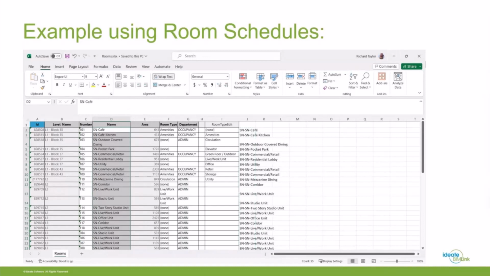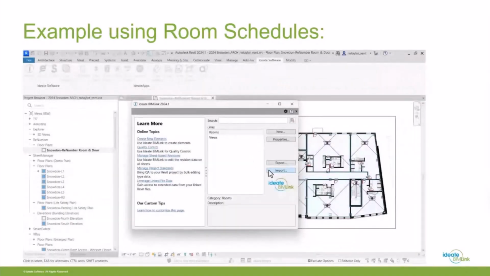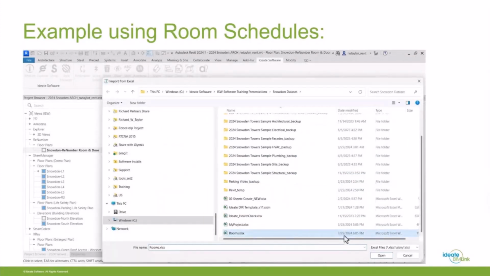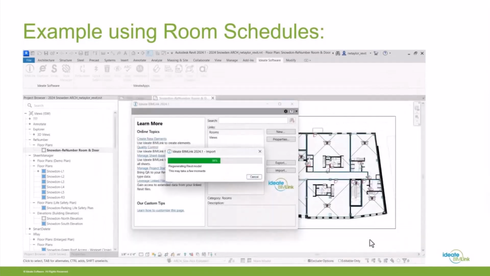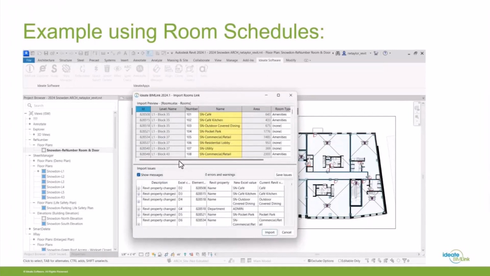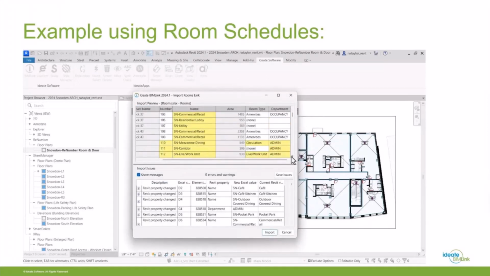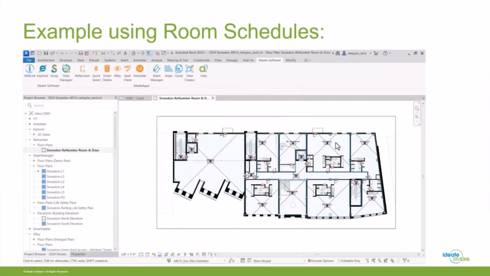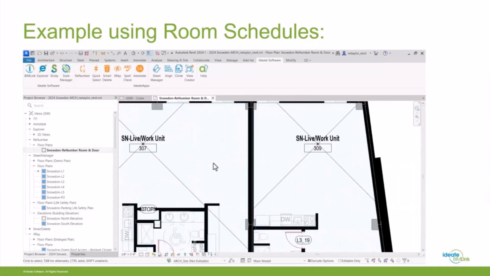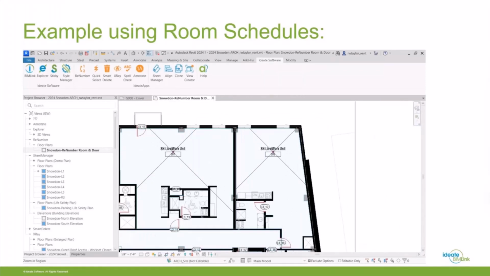So I'll save this Excel file and again do the exact opposite this time, import the information from Excel. So now I'm going to select on that rooms. I'll go ahead and hit open. And you see that again, it gives me the preview of the information that's going to be changed. If there were any error messages, maybe it was locked by work sharing or it was a Revit read-only property and I can't make that change, it's going to tell me that. But now I'm importing that and I've now updated every single room name to have a prefix SN in front of it. So very easily, very quickly being able to make those kinds of data changes.